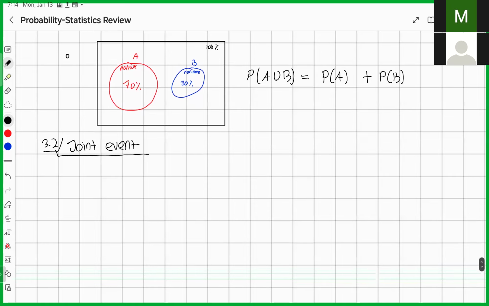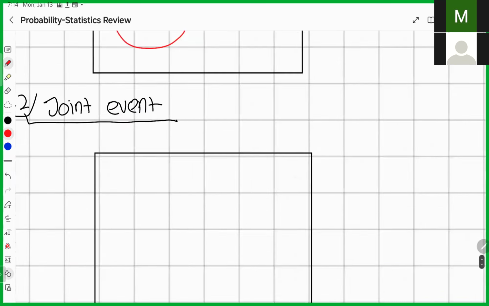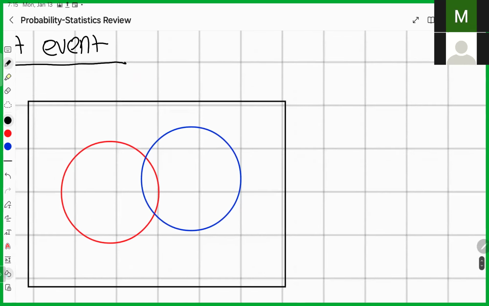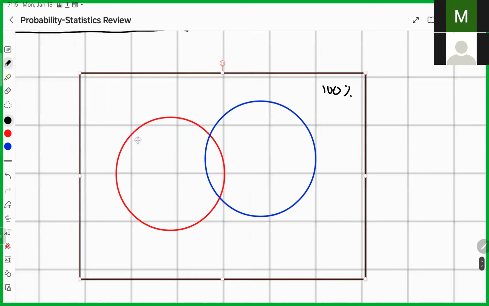So let's say I have this simple example, the same. Let's say we have a population of students in our class, which consists of 100% of students, and 60% of them love to cook,